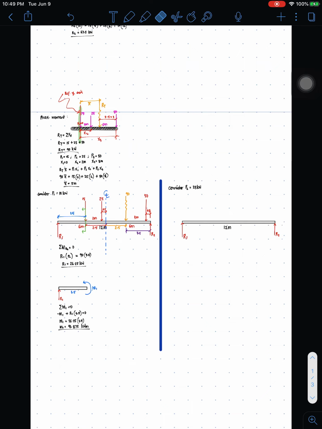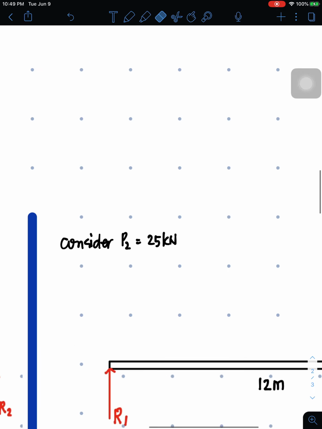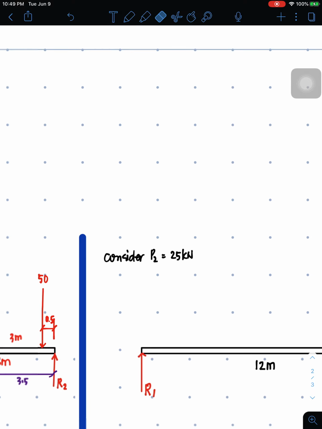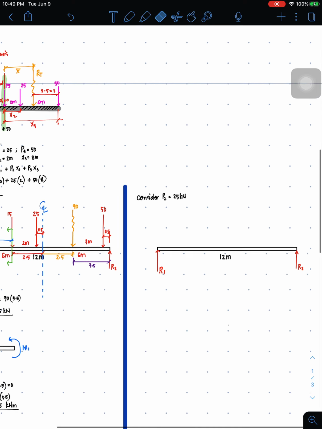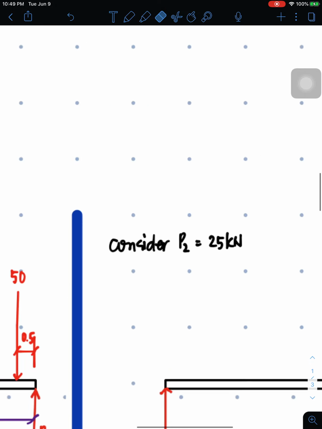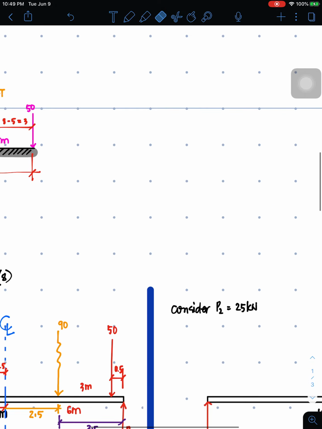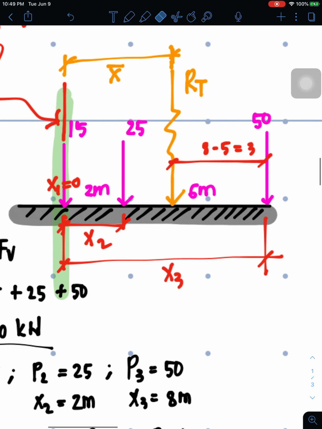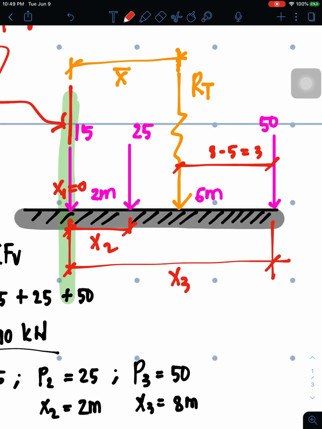Okay, so let's now consider P2. Since we're going to consider P2, and by the way, I have already placed here the beam, we're going to consider P2 together with the resultant. So let's examine. The distance from the resultant to the reference line is part x, which is 5 meters,